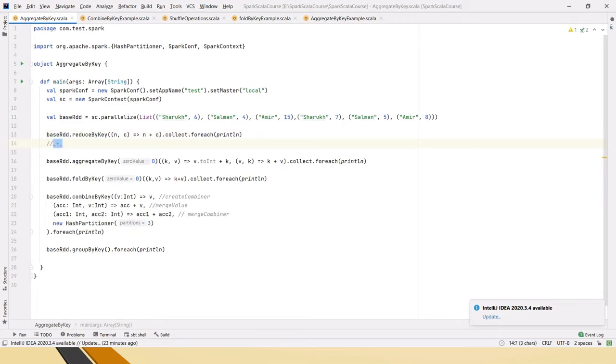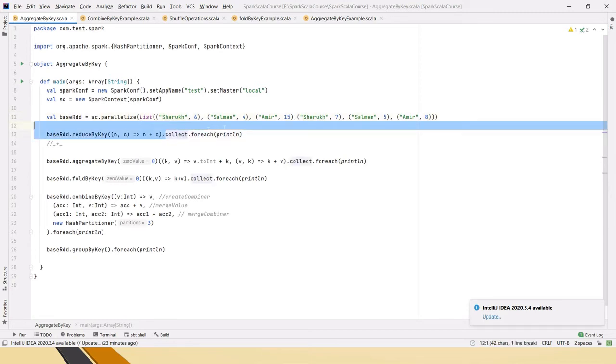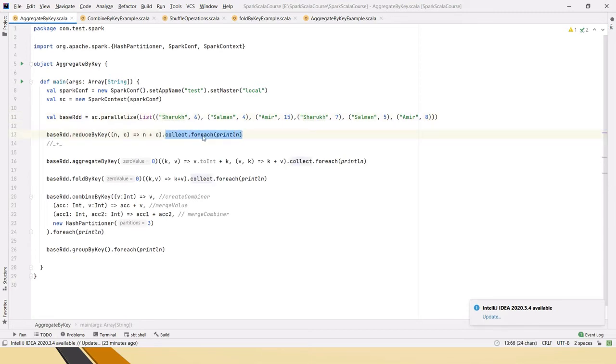We are telling that whatever key and value pair that you have, just sum it up. For each key, whatever values are there, you sum them up, then collect all those, and for each element you print it. That is what we are telling in this single line of code.